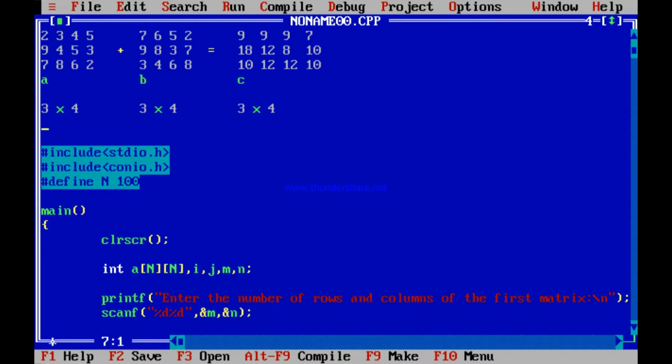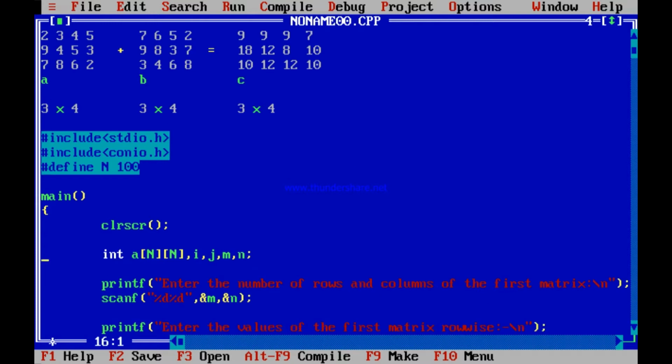So how do we write this program? Very simple. Because I have int A[N][N], I also need another B[N][N] matrix, and I need another C[N][N] array. Whether I call it small c or capital C doesn't matter. Anyway, these three arrays A, B and C I definitely need, along with i, j, m, n. Whether I need anything else, we will see later.